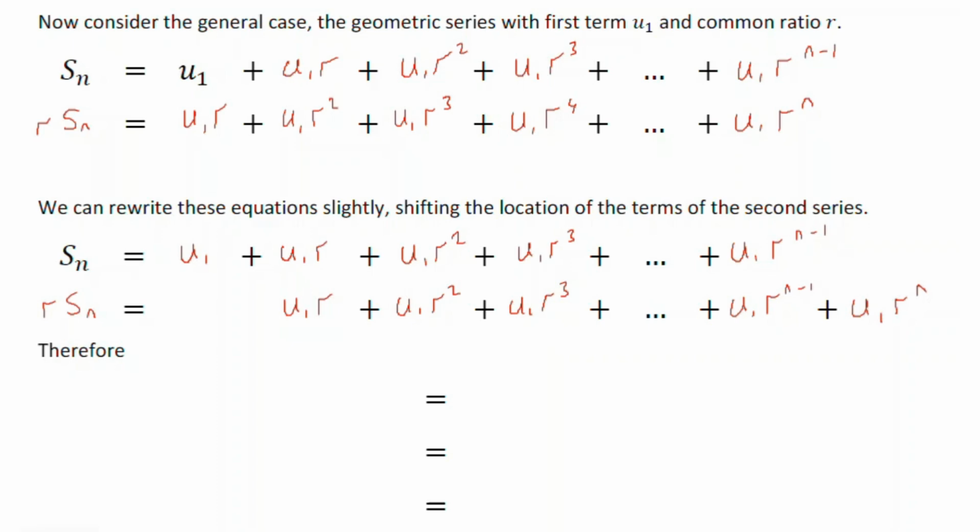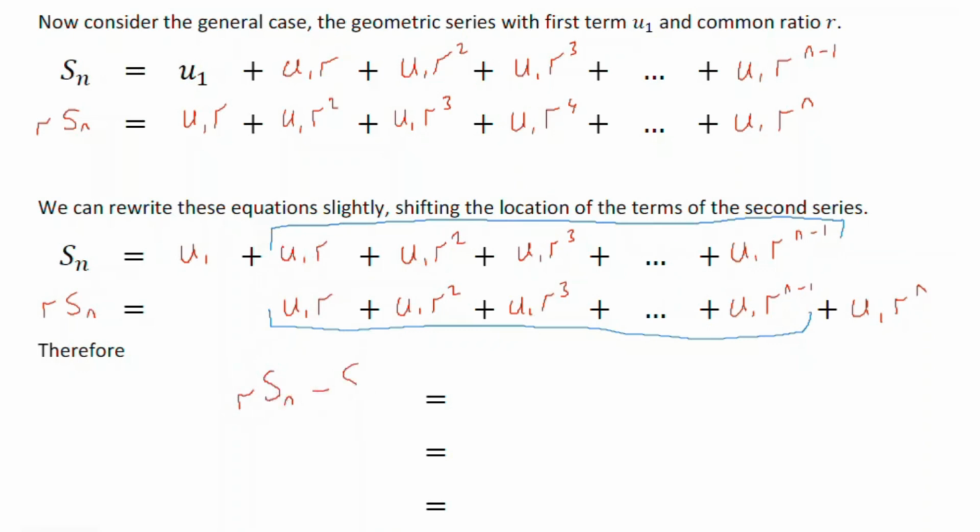And what we're going to do is subtract the first one from the second one. But what that means is when we do the subtraction, all of these terms appear in both equations. So when we do the subtraction, all of those terms are going to cancel out. So we're going to do